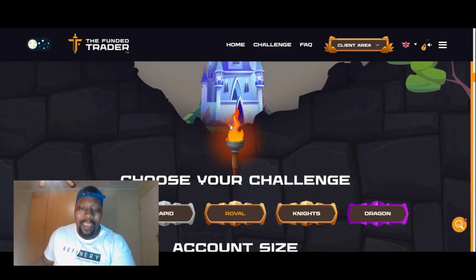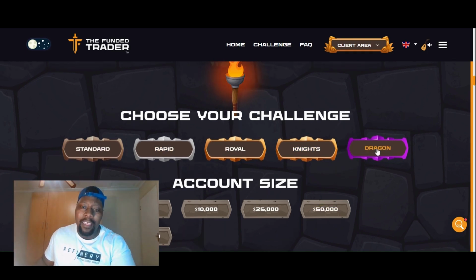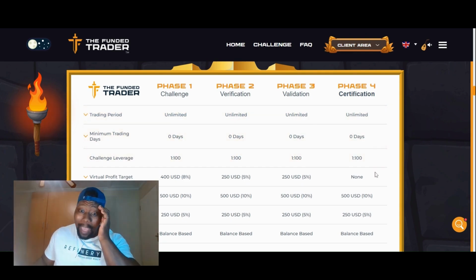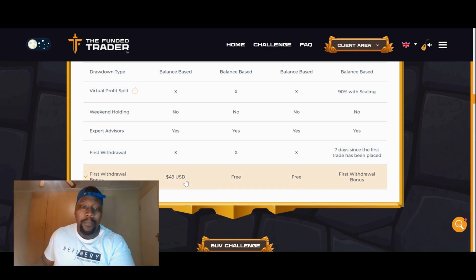They still have the same challenge types. So the Funded Trader always had their standard, rapid, royal, knights, and dragon. I believe their dragon is their 3-phase to being funded. So it's a 3-step challenge, phase 4 being when you're actually funded. The advantage of this, it being a little bit cheaper, only $49